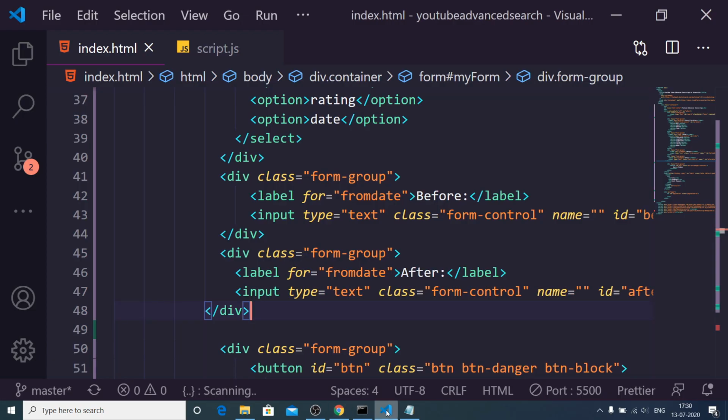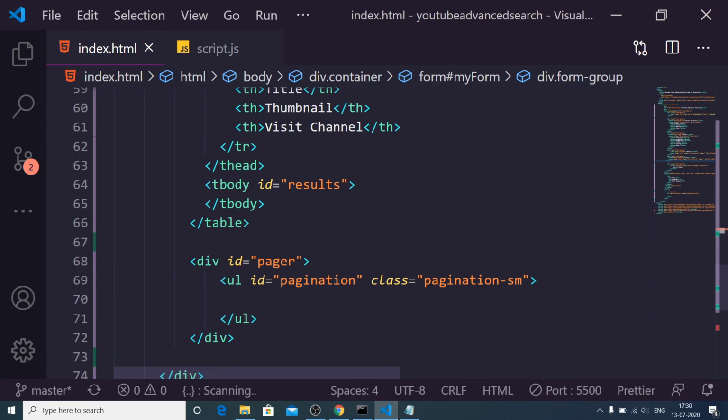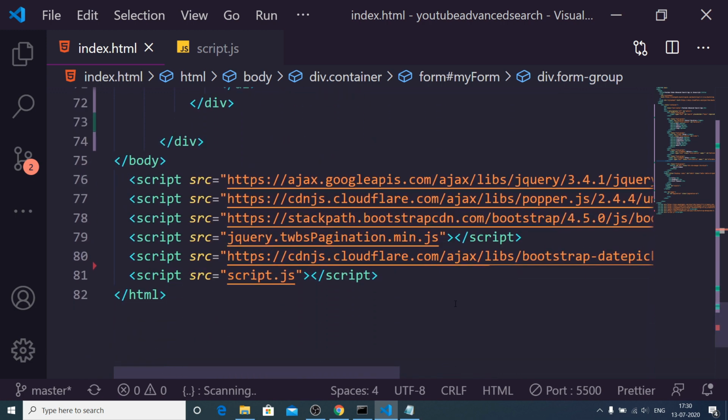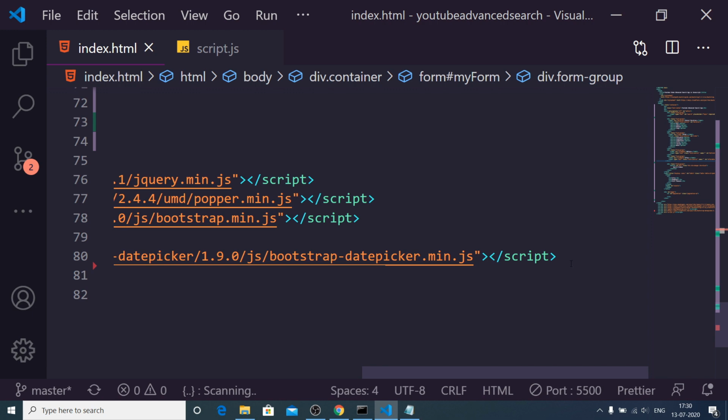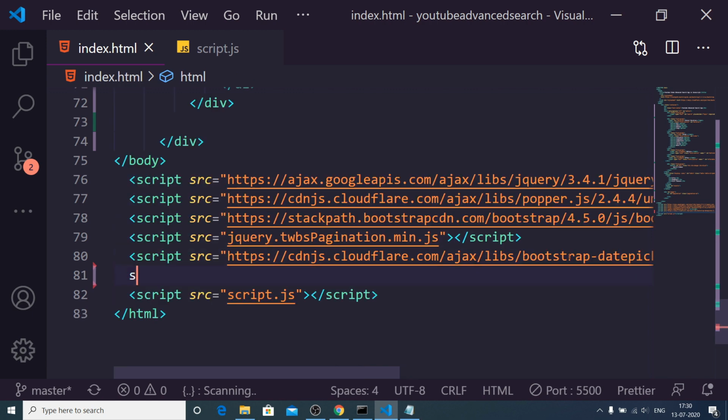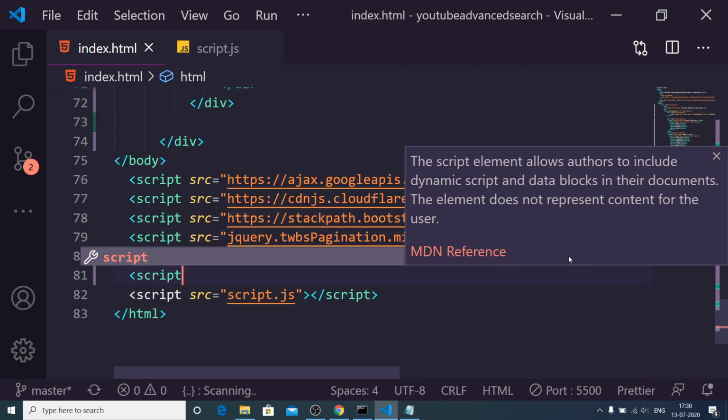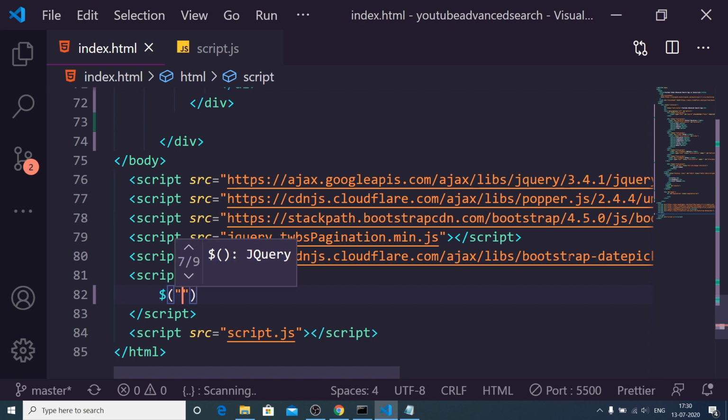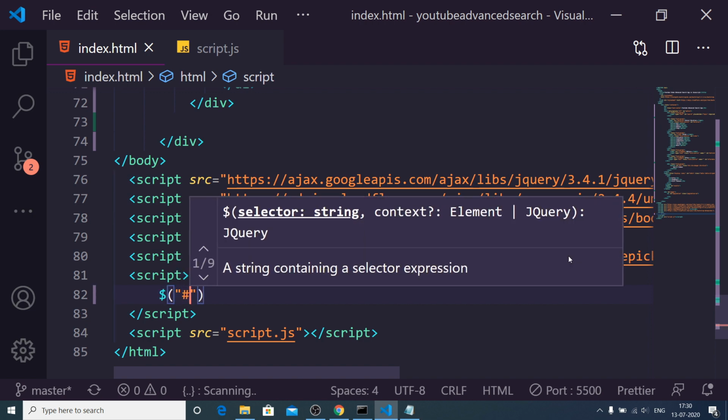So in order to get dates here, we need to initialize one line of JavaScript code here. So just after this, once you included your date picker, you need to first of all select it by the ID, whichever ID that you have given.